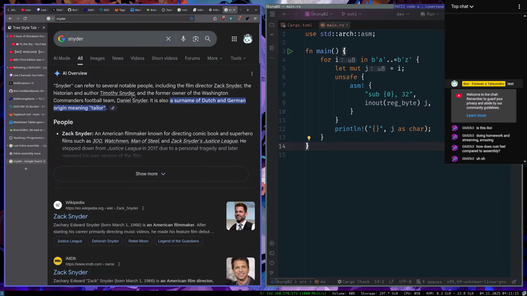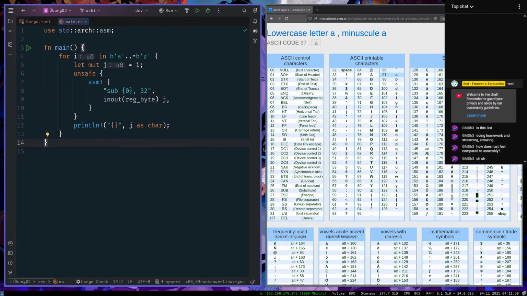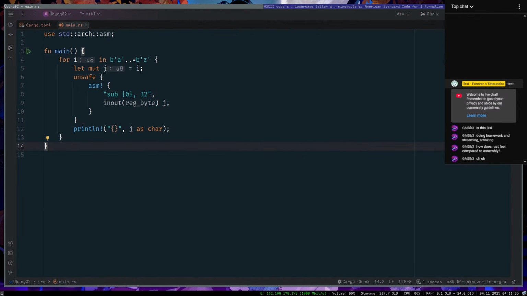That's a very weird way of writing Schneider. Maybe more in line with the Dutch version, I don't know. The Zack Snyder movie, the song itself is quite good in my opinion. I like it.